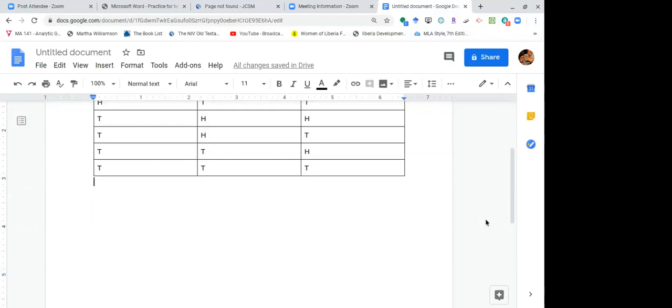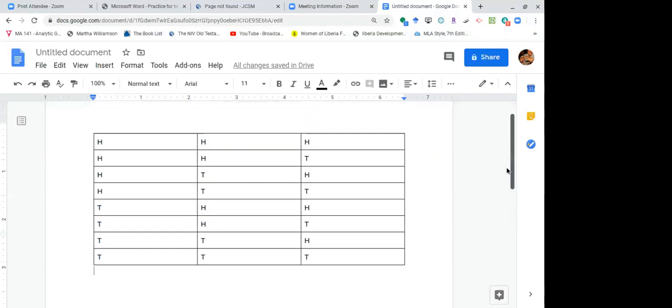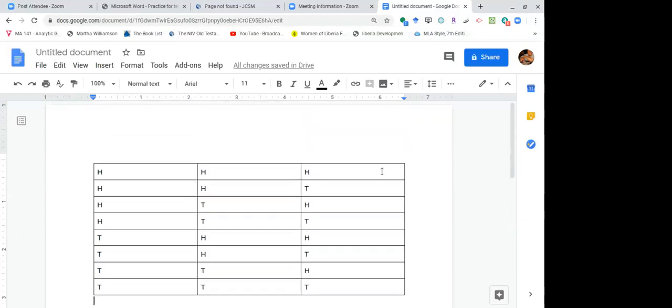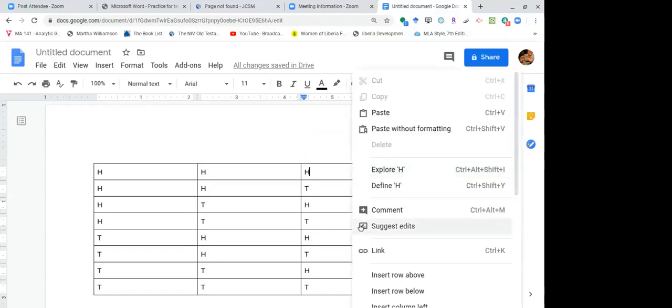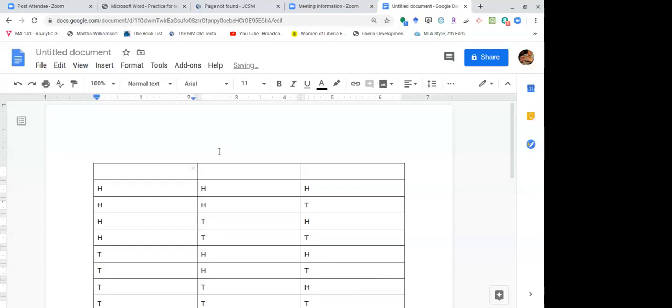And if you want, let me add one thing here. Insert row, but you can add and say first toss, second toss, and third toss. Now, sometimes it's easier if you construct a